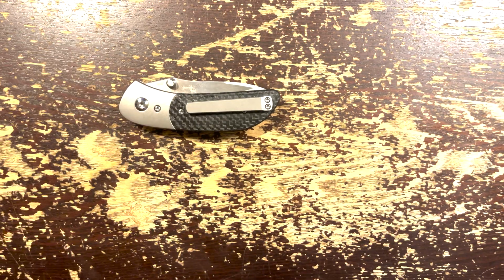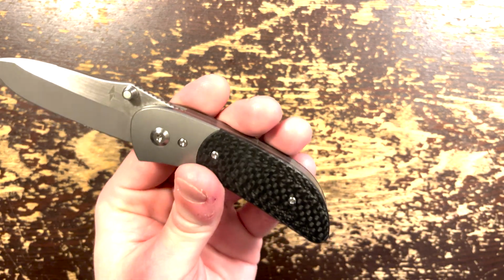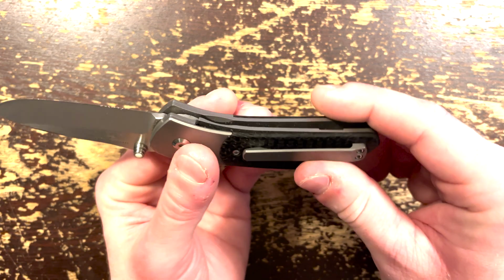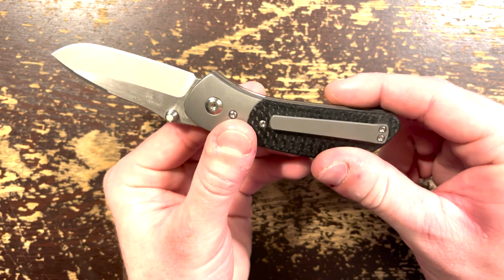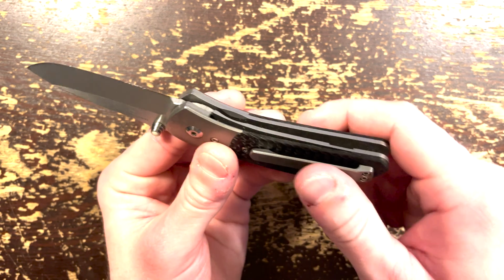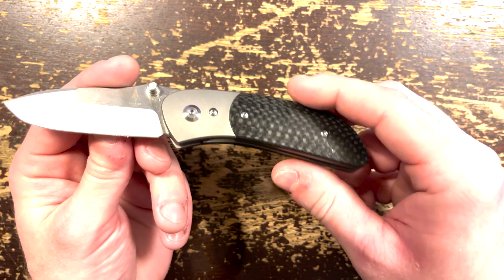Yeah, that's really slick. Looking at the knife, there are no steel components that I can find. The blade is made of Terravantium, the handle is titanium with carbon fiber scales. Everything here is rust-proof. Even the pocket clip is titanium. The thumb studs have glow-in-the-dark inserts that charge in the light, and the visual details are just generally beautiful, very